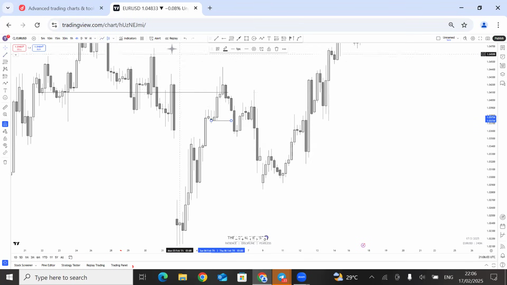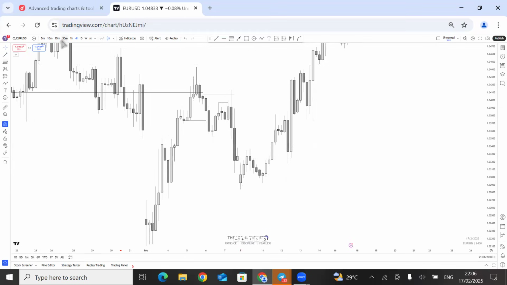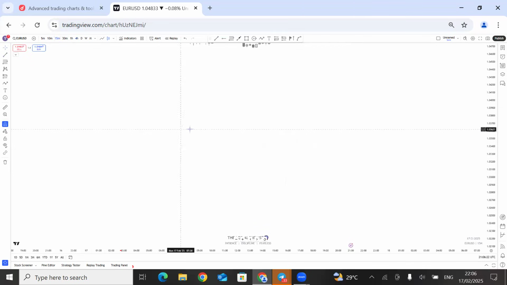We took a sell from here, from this open close key level. Here's an open close key level. Price came back to this open close key level and sold down. Then this one here, we use as liquidity to fuel a sell to the downside. So all you need to do is go to a lower time frame to find your entry.